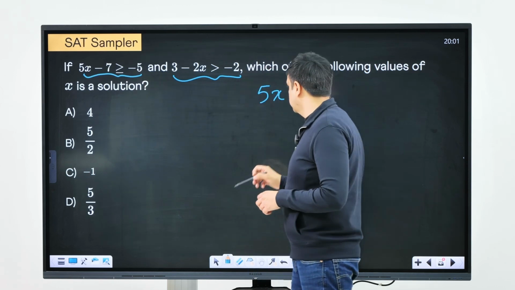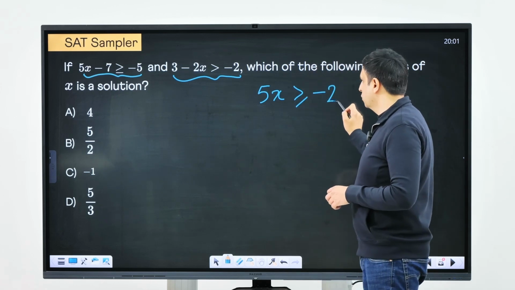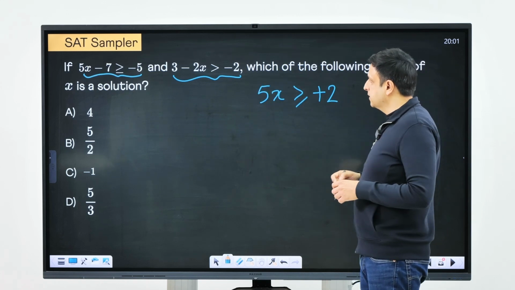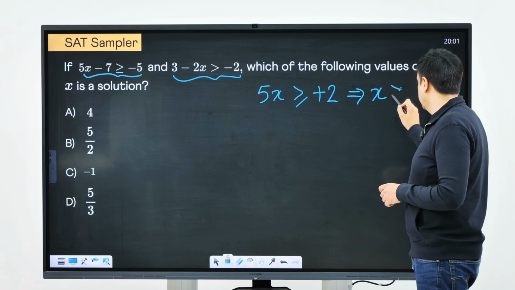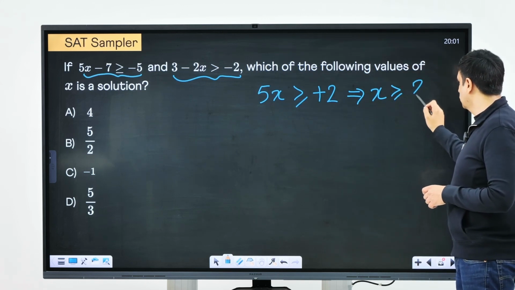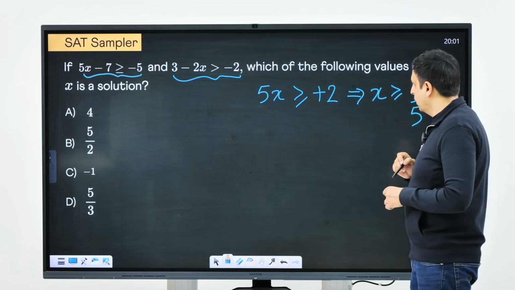So let's add 7 on both sides. So we get 5x greater than or equal to negative 2, or actually positive 2, because you have 7 plus negative 5 is positive 2, and this gives you, if you divide both sides by 5, x greater than or equal to 2 over 5. Okay, so that's one possible solution set. And then what about the